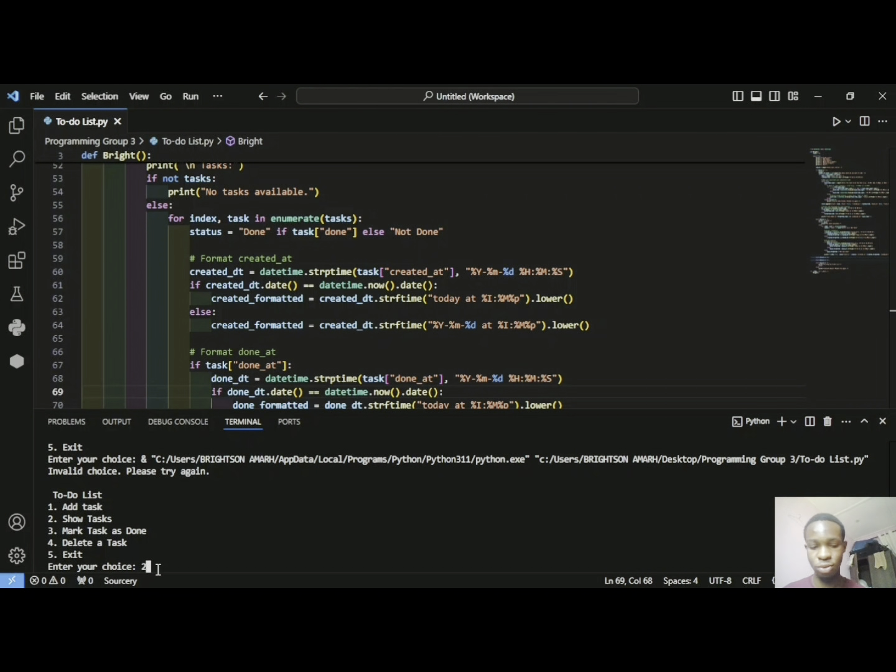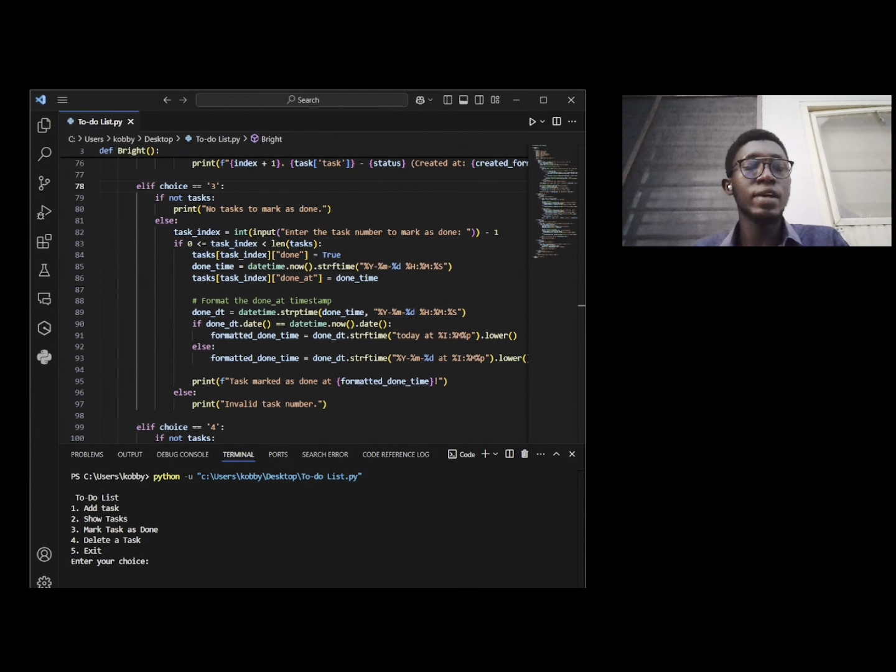So my name is Apia Ejejesi, and my work here is to take you through the third point, which is mark task as done, which starts from line 78. So from here, it's for the user to enter the option. If the user enters the option which is mark task as done, that's number 3. So from line 79, if there's no task, then the program will print no task to be marked as done. Else,